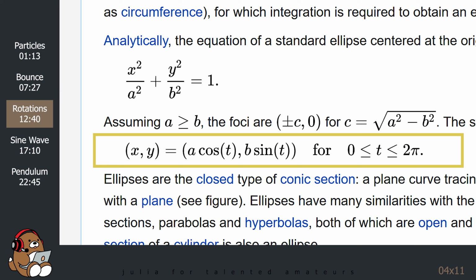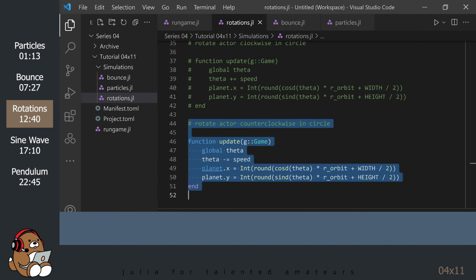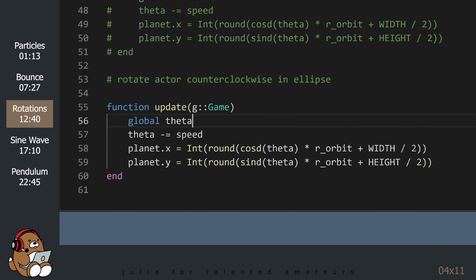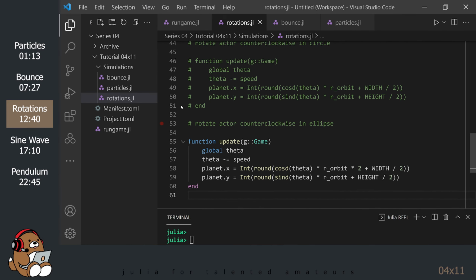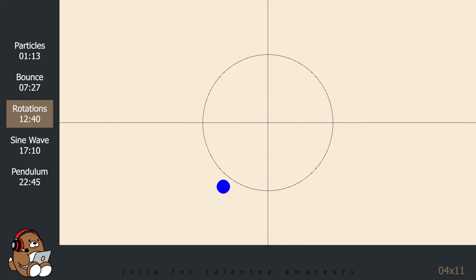For the x coordinate, use half the width of the ellipse, and for the y coordinate, use half the height of the ellipse. Pretty cool, right?